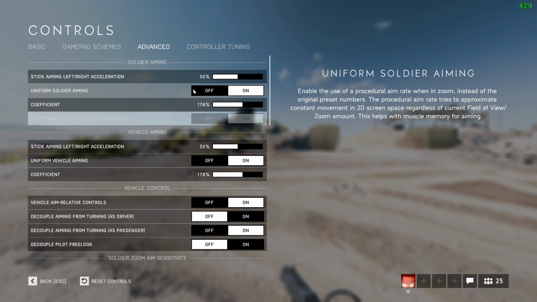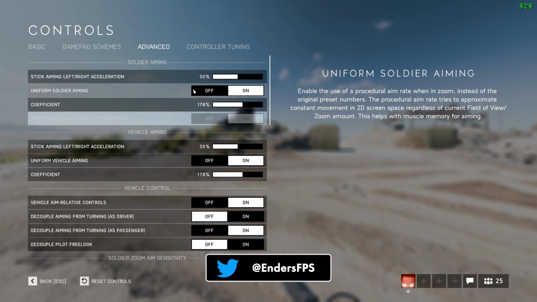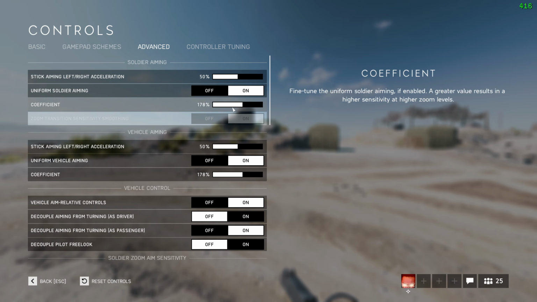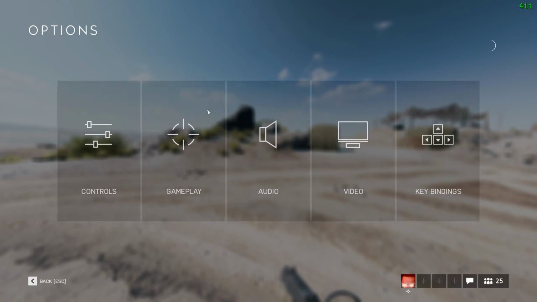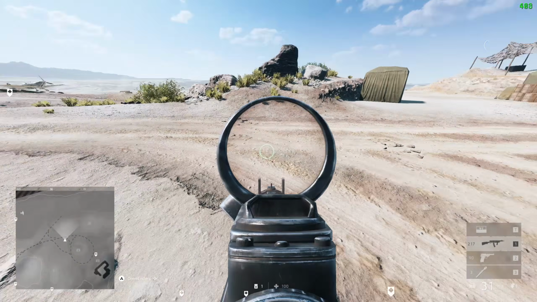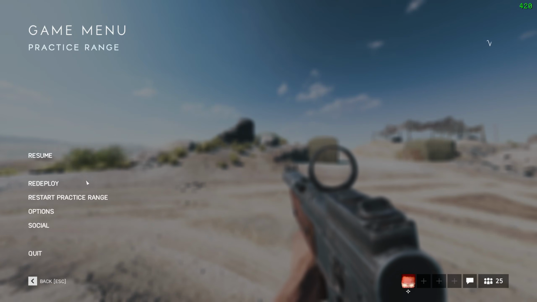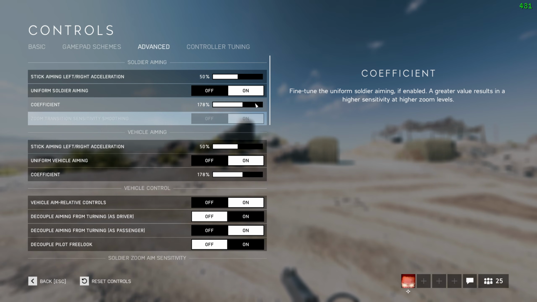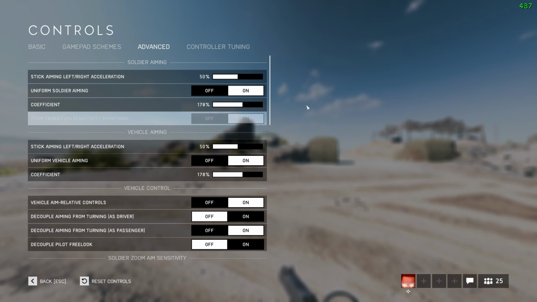Ignore the jargon. Basically, what it attempts to do is emulate your hipfire sensitivity with your ADS sensitivity. It tries to make it 1-to-1, or as close as it possibly can, and the coefficient affects that. Now, if you're using 1x sights, this right here, this 1x sight, you can set